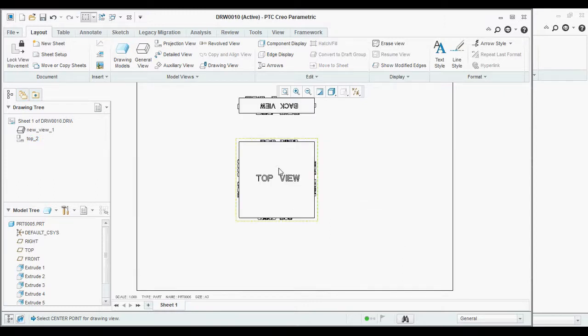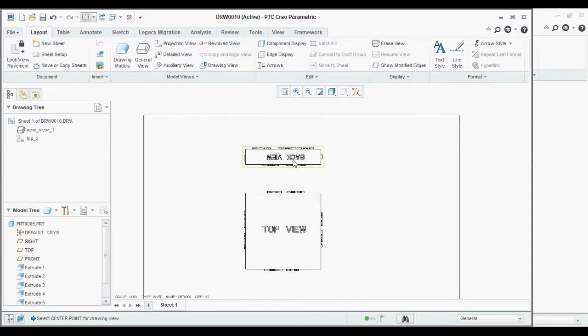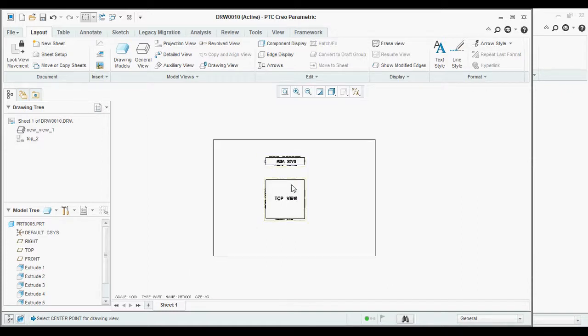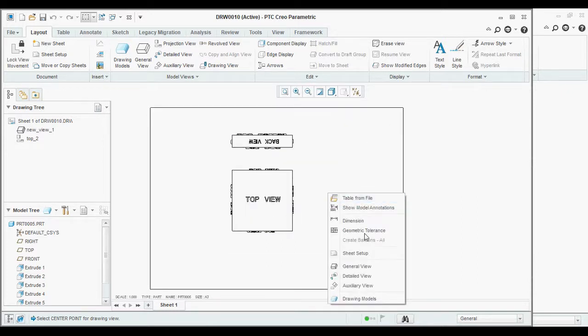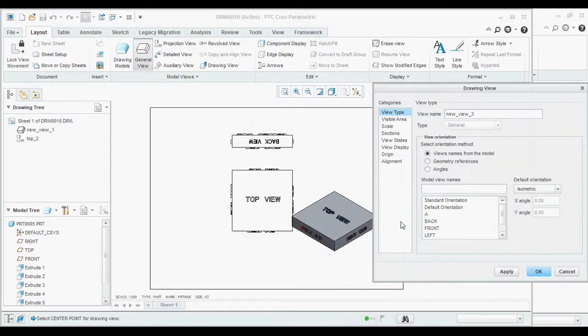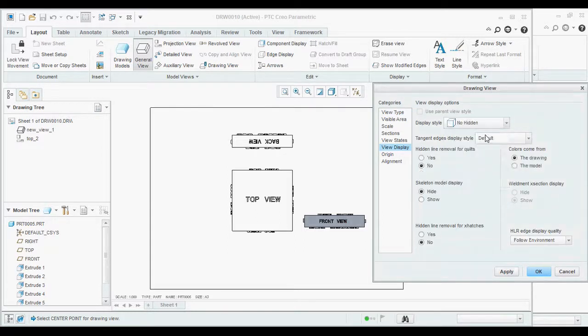See, front view as a top view and top view as a back view. If you enter default views, it shows front view as the front default view, hidden and none.